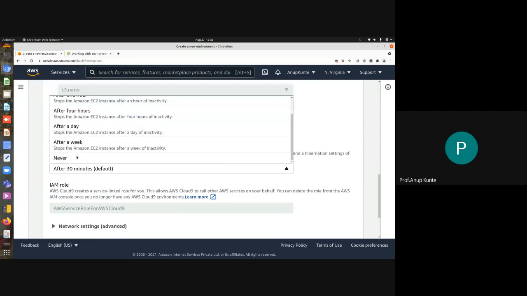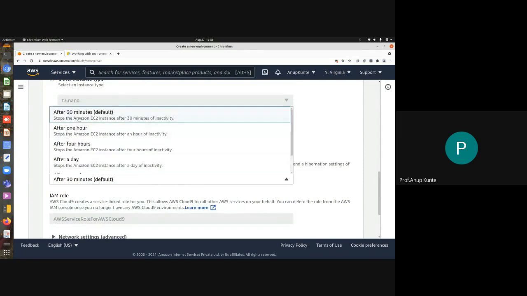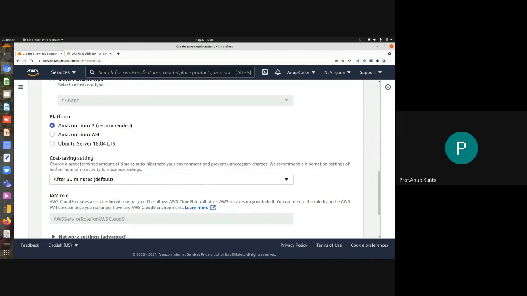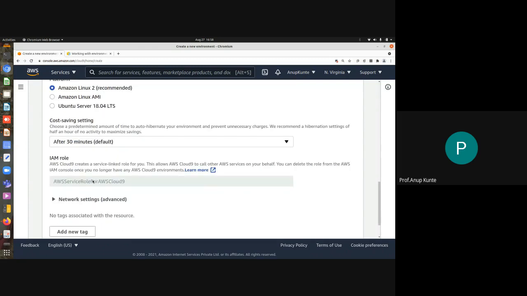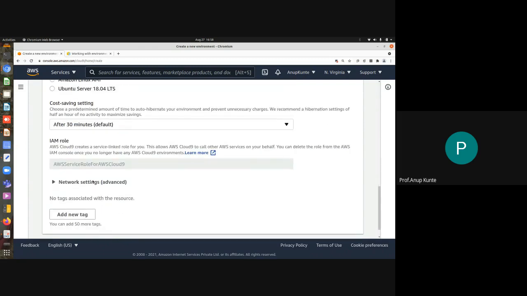क्योंकि अगर आपके पास उतना capability here to pay, there's no problem. So we'll be selecting the default one. That is, after 30 minutes, if you do not access the IDE, it will automatically be shut down. Shut down क्या होगा? EC2 instance जो background में चल रहा है वो automatically shut down हो जाएगा. And as you start activity, वो फिर से spawn होगा, फिर से ready होगा और start होगा operations के लिए. Okay? So as such, IDE का cost नहीं है. Cost is of that instance that is running in background.